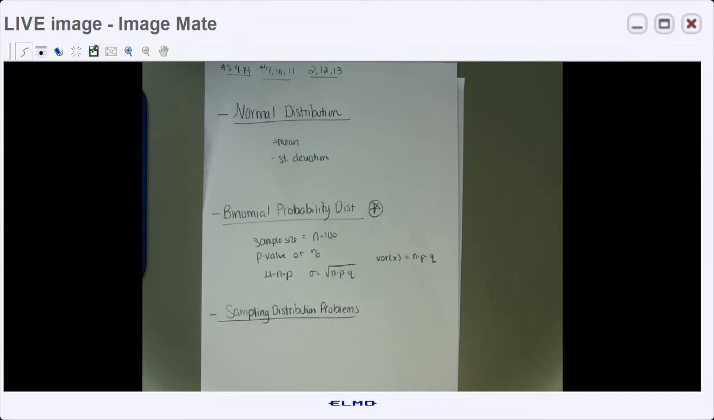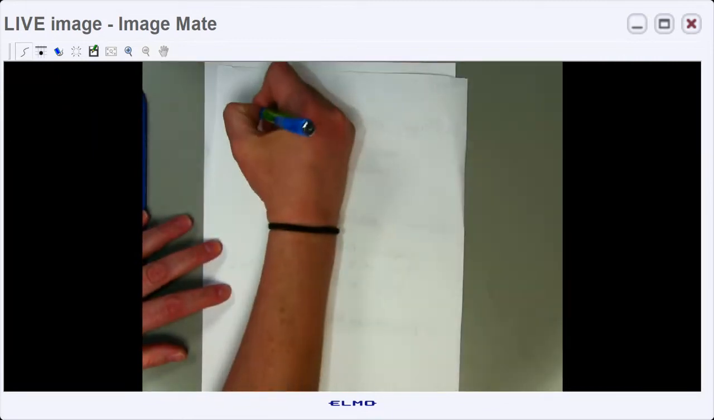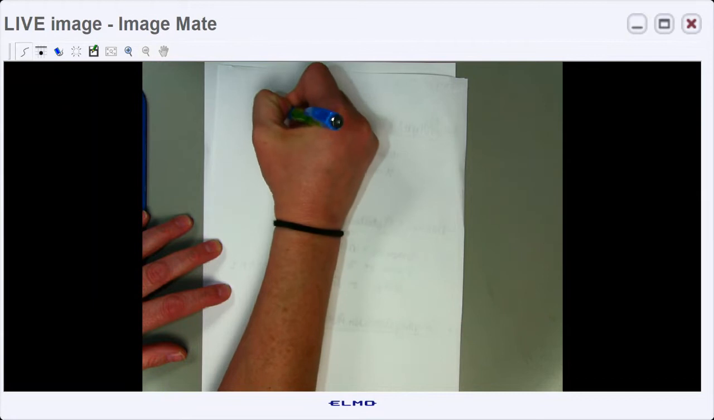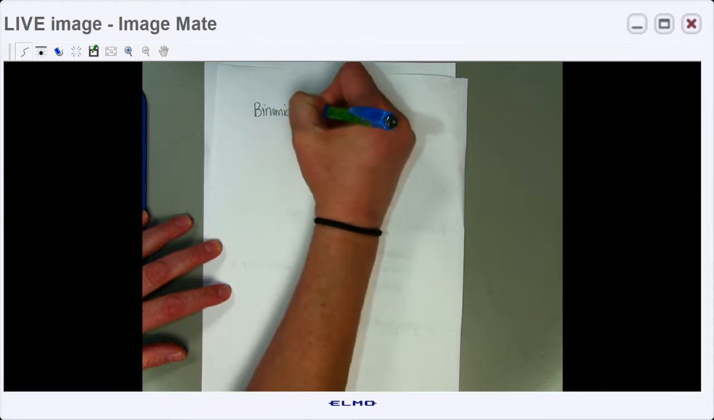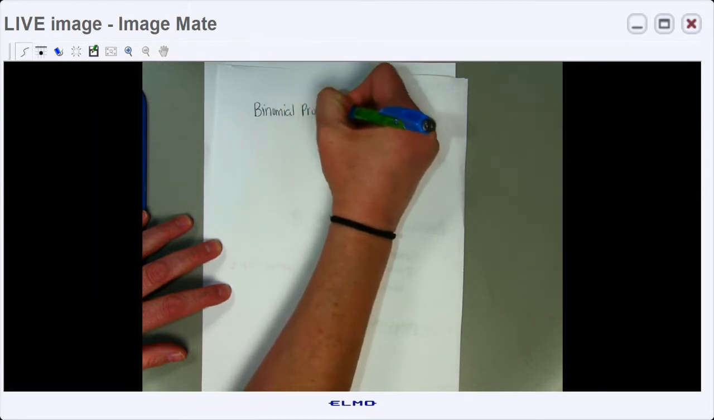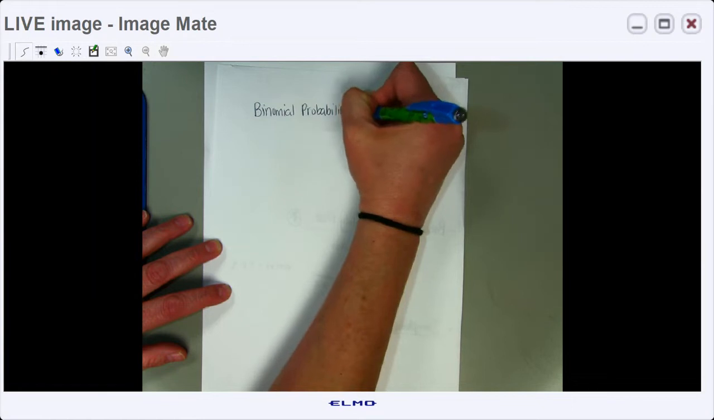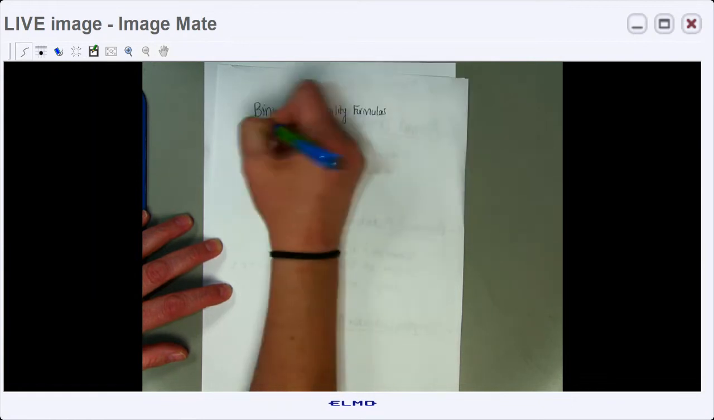So there's also some information about binomial probabilities, and I'm going to flip that over. There are some formulas that we need to know in order to work with binomial probabilities. And so these are in your notes in your textbook, but I want to jot them down here. When you are doing